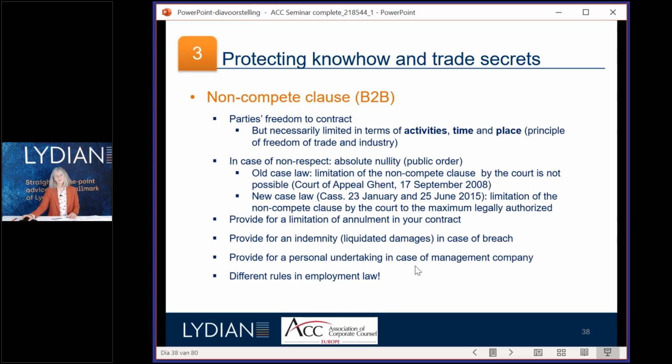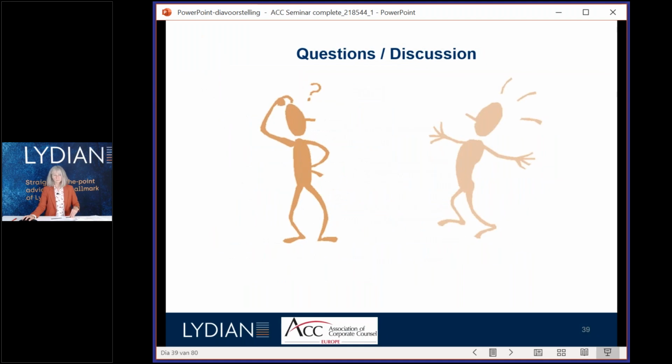Also you have to be careful, because that applies to third-party contractors, but with employees there are very strict other rules applying, and you have to provide an indemnity in case you want to make one. So you have to really balance whether you need a non-compete clause after the termination of the agreement, surely during the term, but after, do you really need a non-competition clause? So I don't know whether there is any question.